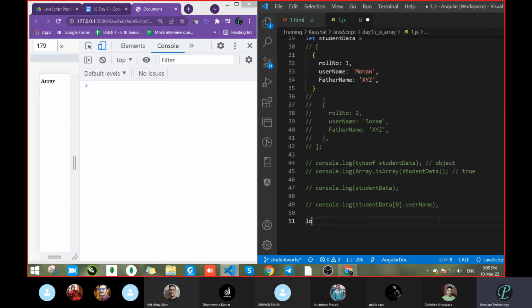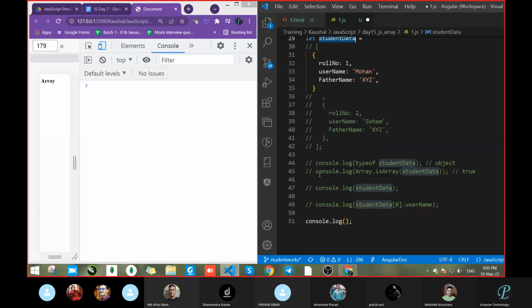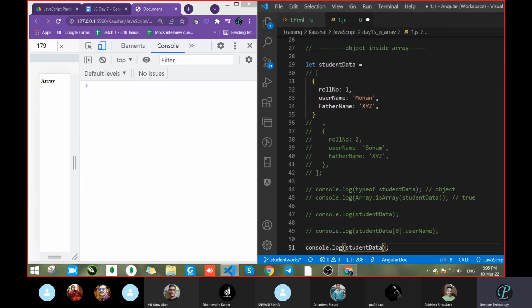So we can go with console.log and the variable name. What is the variable name? Line number 47. Confirm. We will pass studentData, and this is an object. So which data do we want? We want a username.